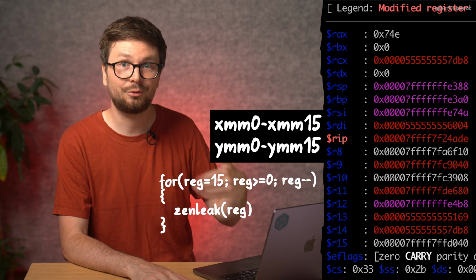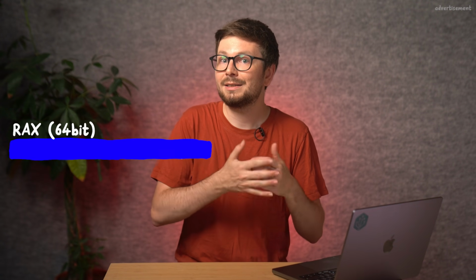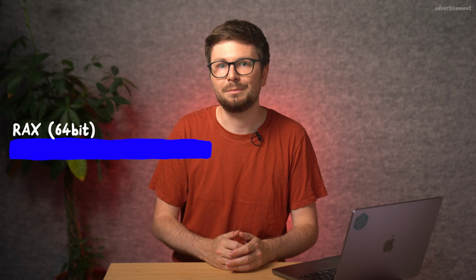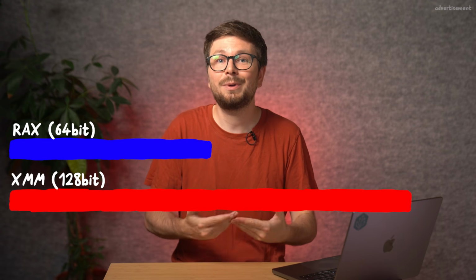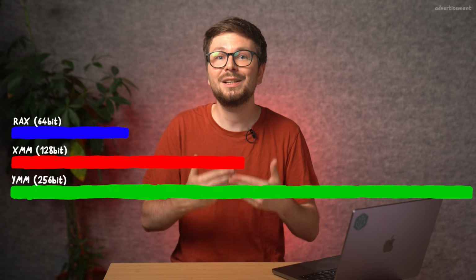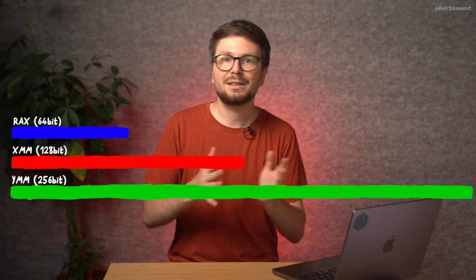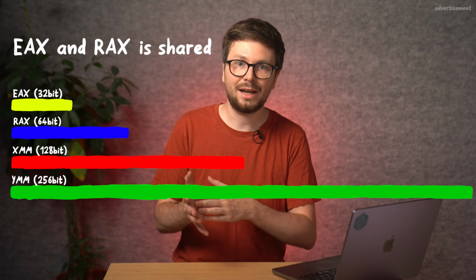We generated it for each YMM register. Anyway, you probably know that registers like RAX are 64-bit large, which makes sense on a 64-bit CPU. But these XMM and YMM registers are actually 128 and 256 bits large. They are massive. Also, they are similar to RAX and EAX in the sense that EAX and RAX are not